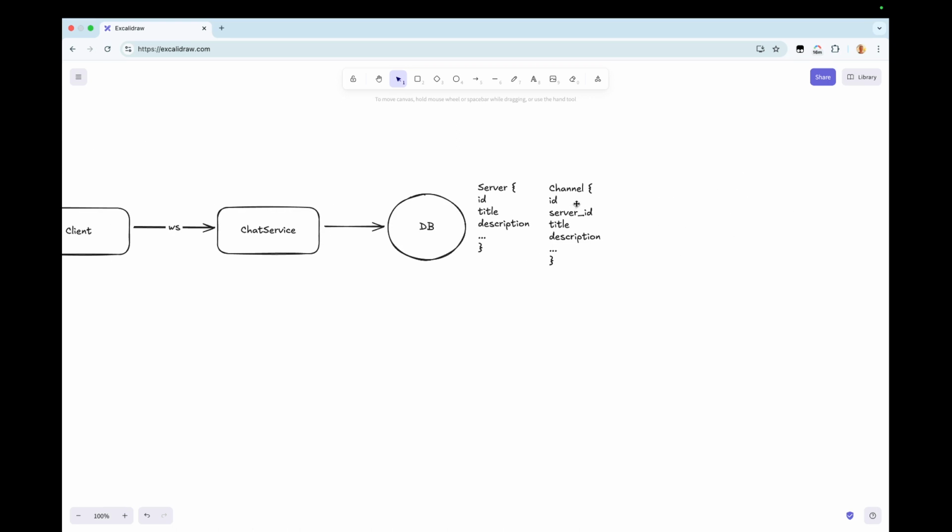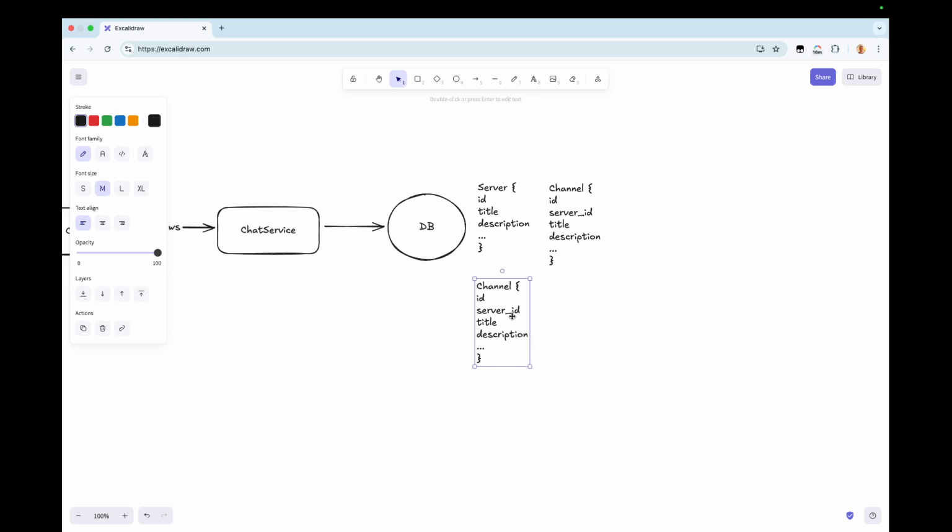And then we probably have also something like this. We have our users. The users need to be able to join servers. So we have our user ID, we have their name, we have their email, whatever, etc. And then we have server member, or we'll just have member: server ID and user ID.